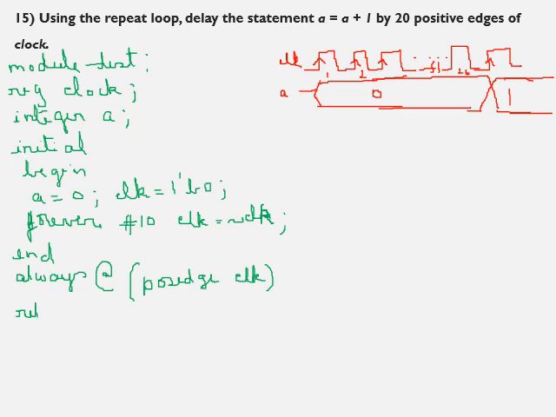So the repeat loop can take only a constant value inside the parenthesis. For a general argument, you have to use the for loop. Whenever you have a constant count for the number of iterations, then you can use the repeat loop. So repeat 20 times. For every positive edge of the clock,